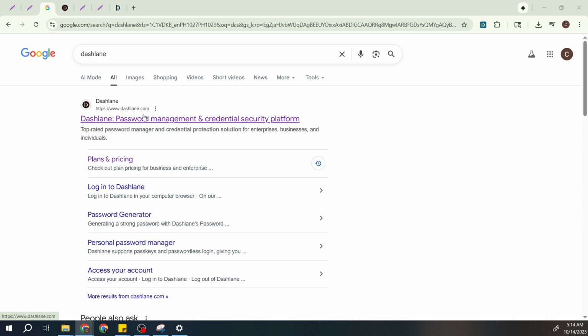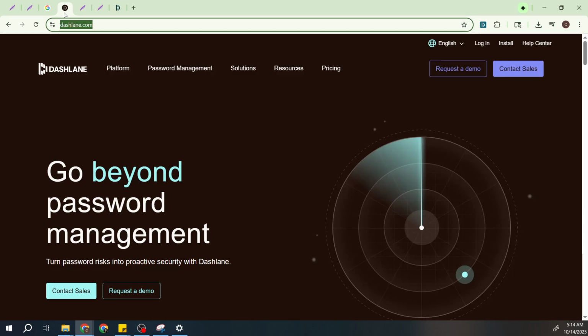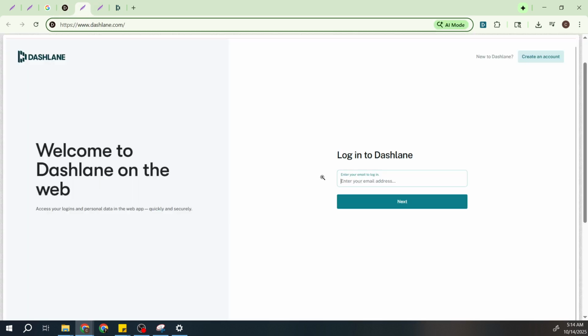Now, on the Dashlane homepage, you'll need to locate and click on the Login option. It's usually found at the top right corner of the page. Clicking this will prompt you to enter your login details. Go ahead and type in your username or email along with your password. Remember to double-check these details to avoid any hiccups during the login process. Once all your credentials are in and you've logged in successfully, you'll be in the Dashlane vault where all your